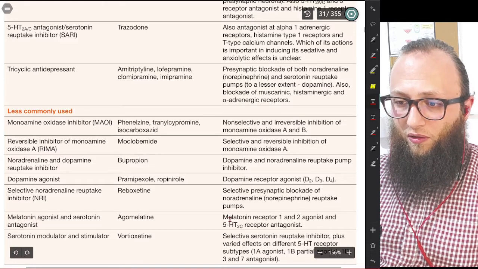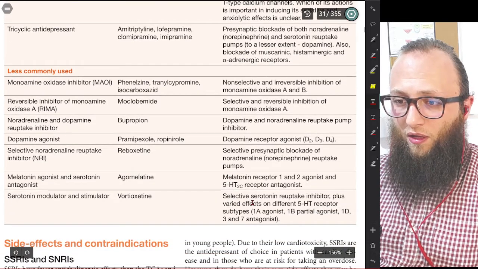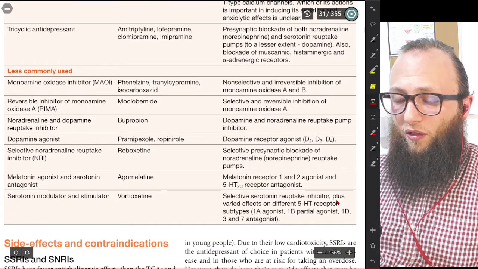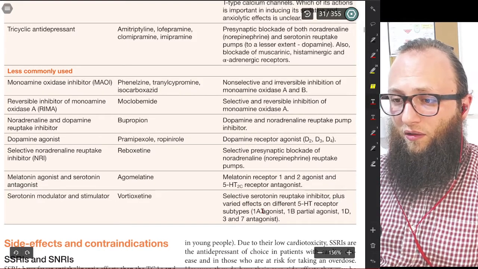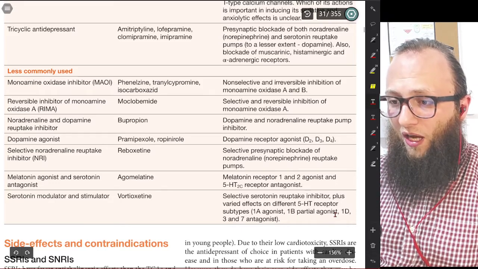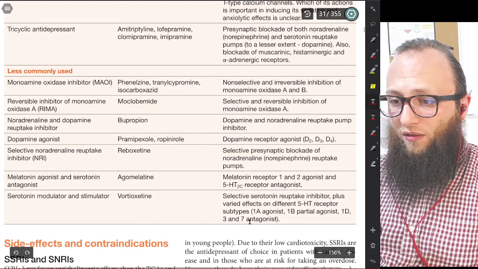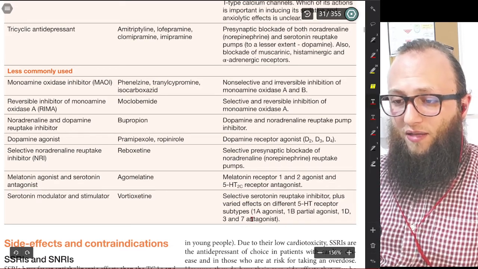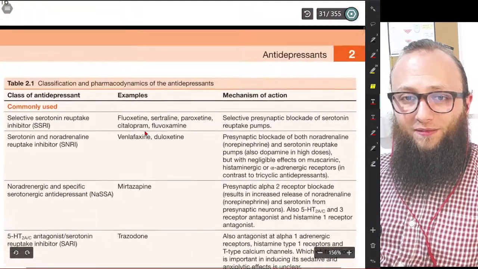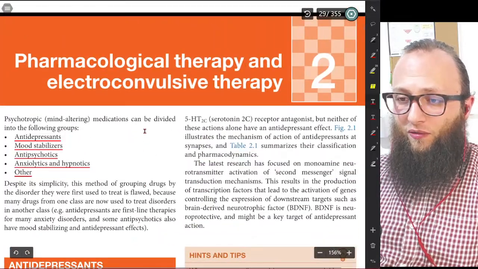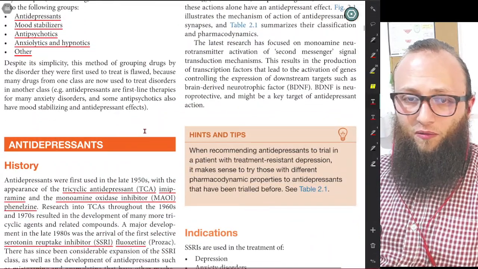It works as a selective serotonin reuptake inhibitor, and it works on different 5-HT receptors: 1A as agonist, 1B as partial agonist, 1D, 3 and 7 as antagonists. Okay, I know this is a lot, but